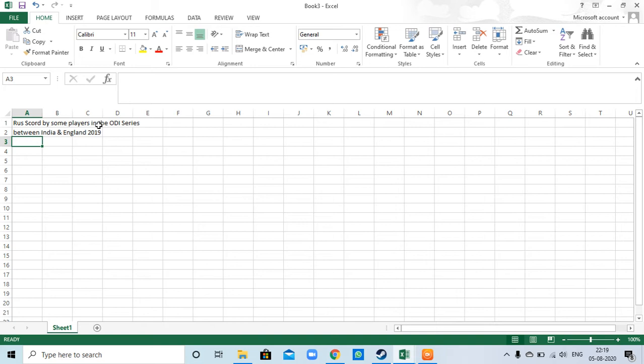These are the fields: serial number, player's name.